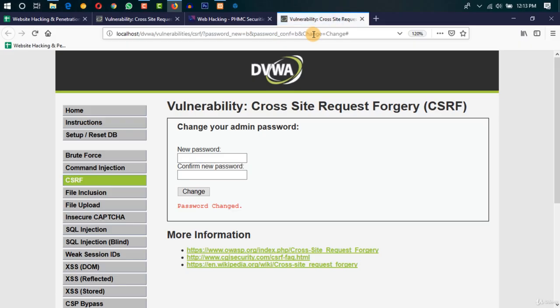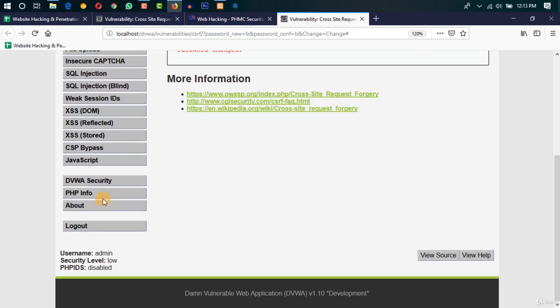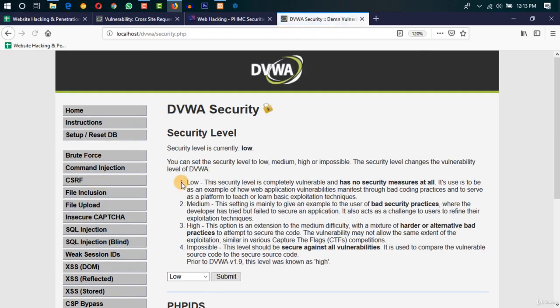Let us say this is a new user and he opens this page. As soon as he opens this page, he didn't add any password, he didn't request any change, but because this was a request, his password has been changed to B. You can verify that the password changed. This is how CSRF can be